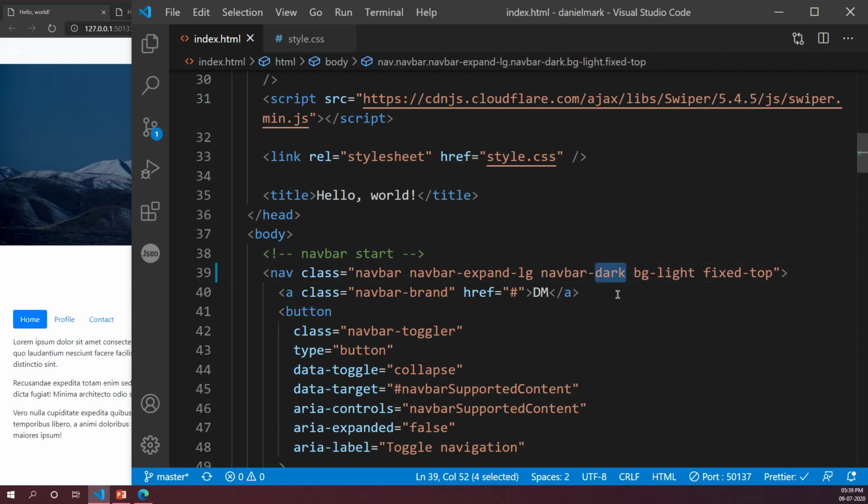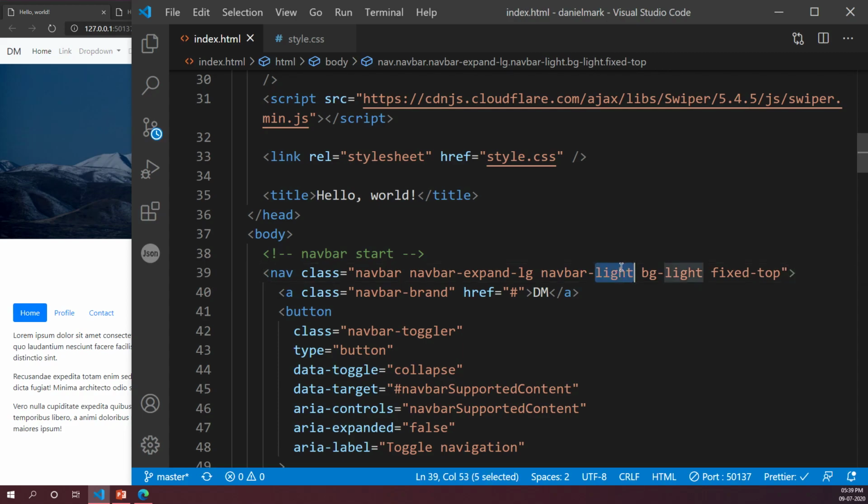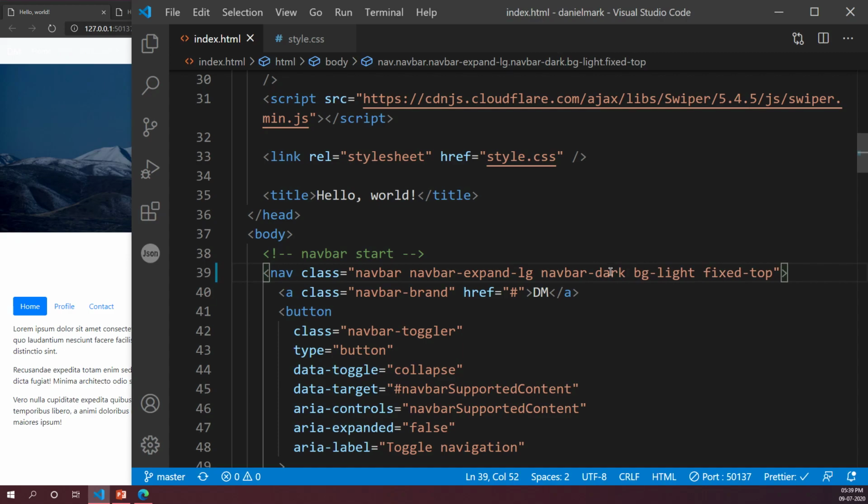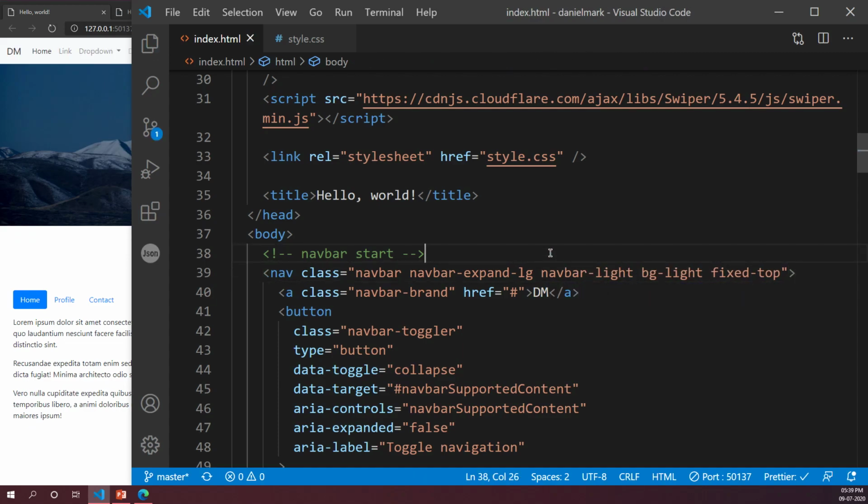Okay, I found the mistake. Here you see this thing that says navbar light or navbar dark, right? If you change this to light or dark, it will change the color of the text. So at the moment your background is what color? Dark black. So change to navbar light. Sorry, change to navbar dark. Wait, then it goes to white. Okay, done? Thank you. Okay, bye.